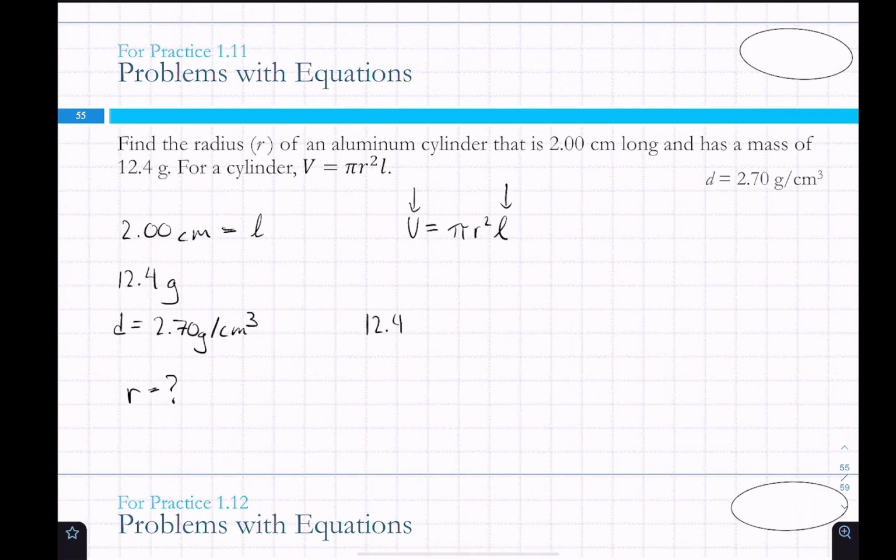So start with the 12.4 grams. And then we want to cancel out grams and get units of volume, or centimeters cubed. So it's going to be 2.70 grams per 1 centimeter cubed. So 12.4 divided by 2.7. That is going to be 4.259